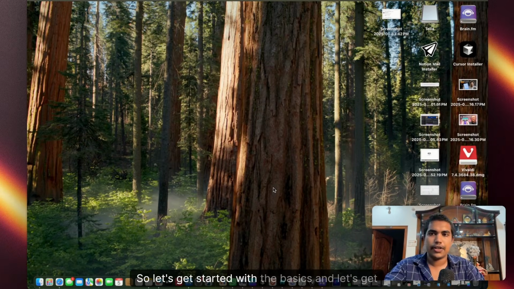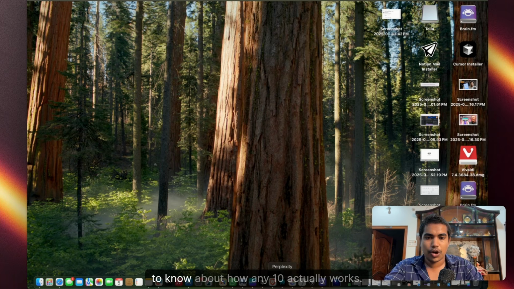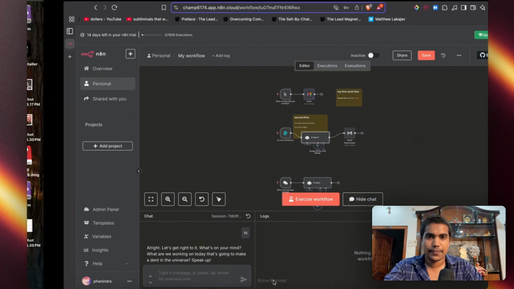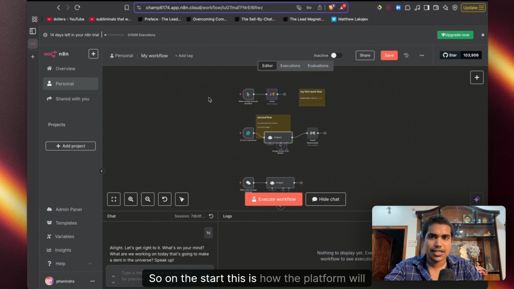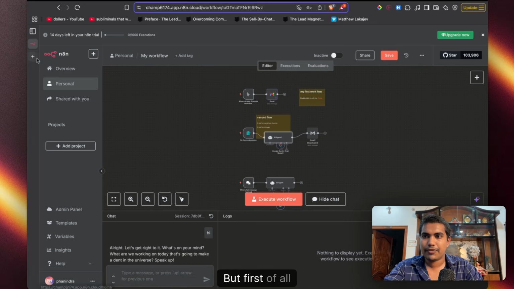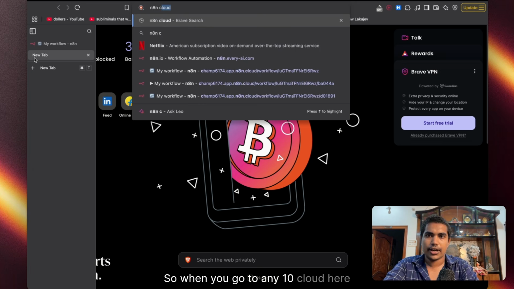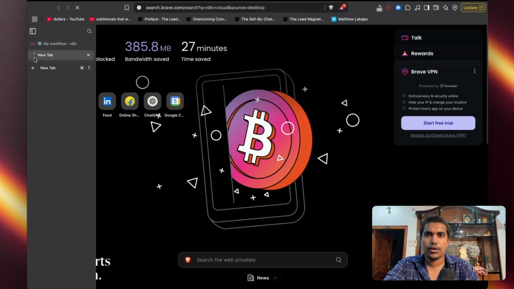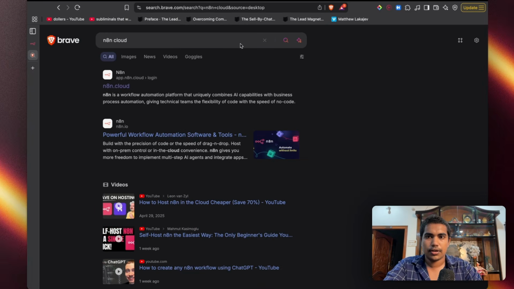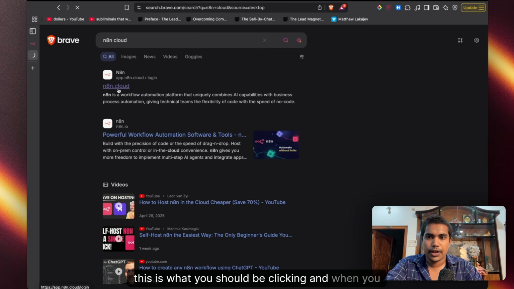So let's get started with the basics and get to know how n8n actually works. At the start, this is how the platform will look. But first of all, let's go to n8n Cloud. When you search for n8n Cloud, the first link that comes up is what you should be clicking. And when you click it,